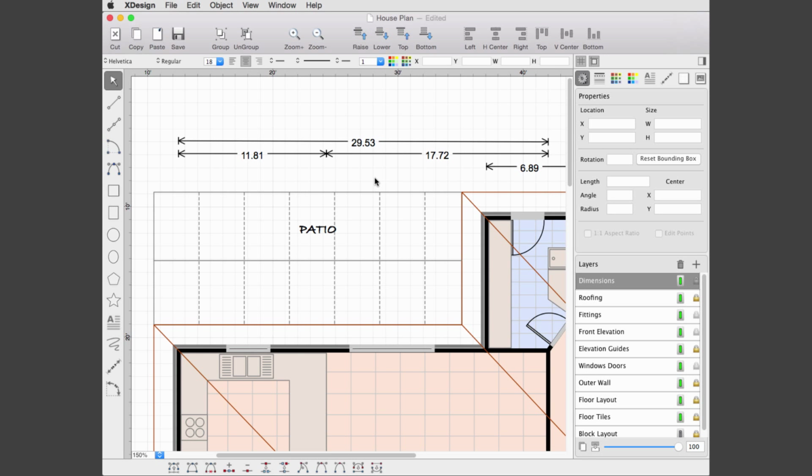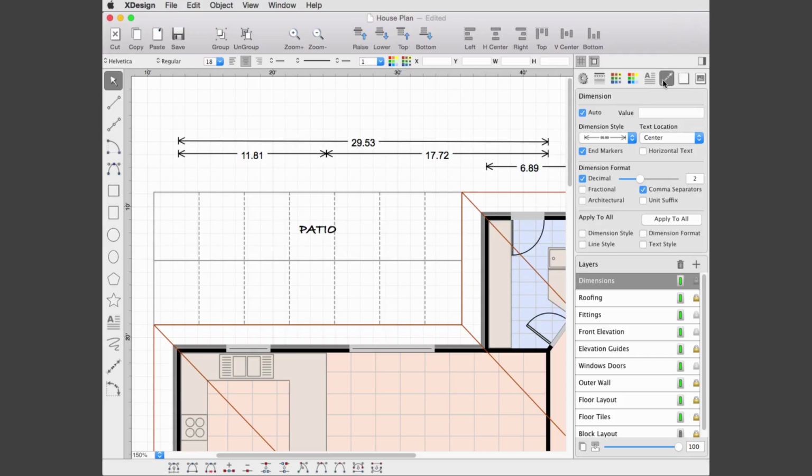The value for automatic dimensions are determined based upon the units and drawing scale settings for the design. A comprehensive set of dimension settings are available to set the dimension, style, format, text locations, and more. Architectural formats are also supported to format values in feet and inches. For example, you could have 12 feet and 3 1/4 inches.